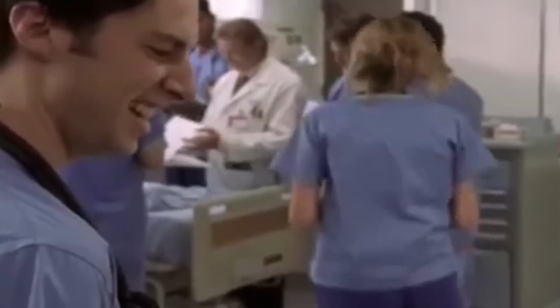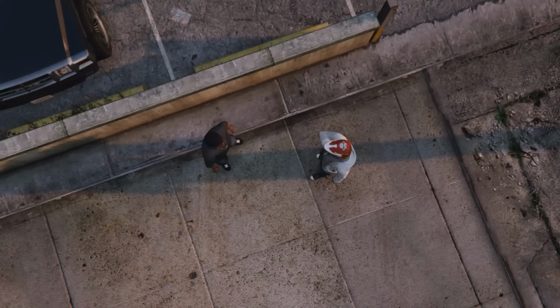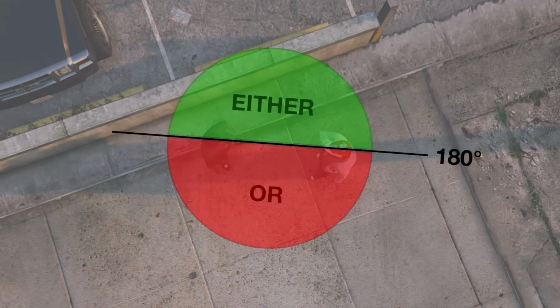In the first episode of Scrubs they made that very mistake. Noticed anything? Character 1 is on the left side and the character 2 is on the right. When we cut back, character 1 is on the right too. This is very confusing for the viewer. So when you're looking top down on the scene, your virtual camera should never cross that 180-degree axis between two people. Except if your characters are schizophrenic, that is.